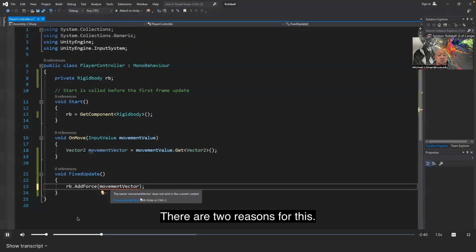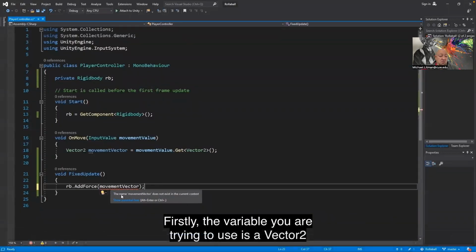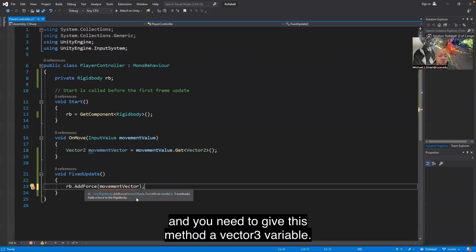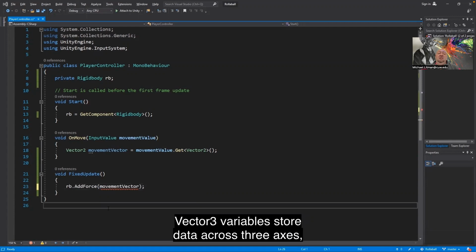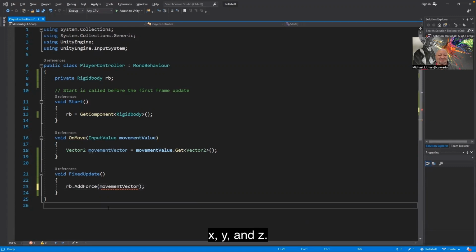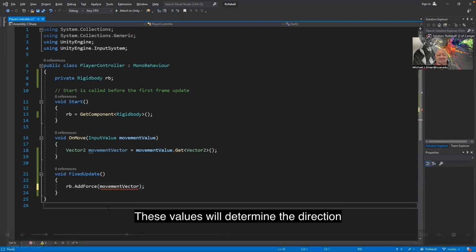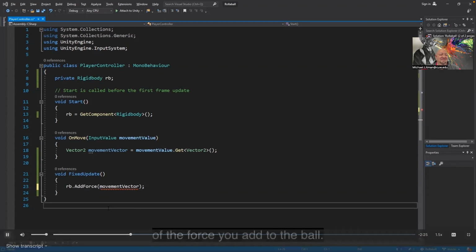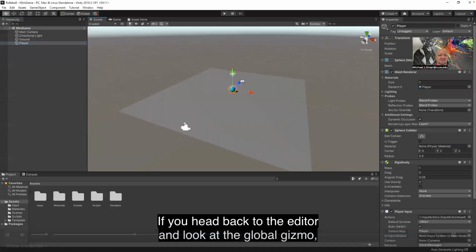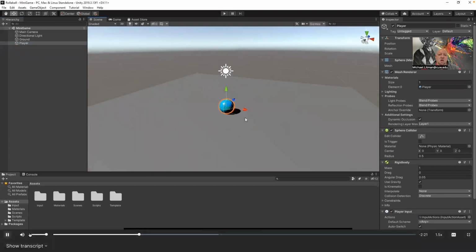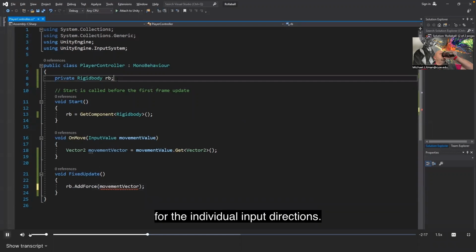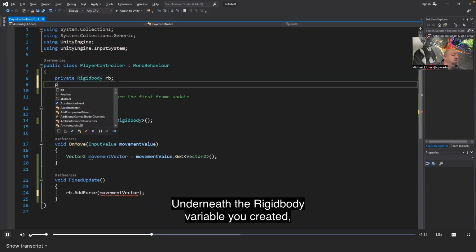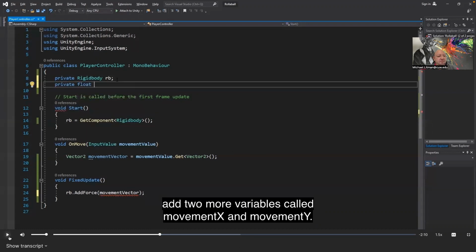There are 2 reasons for this. Firstly, the variable you are trying to use is a Vector2, and you need to give this method a Vector3 variable. Vector3 variables store data across 3 axes: x, y, and z. These values will determine the direction of the force you add to the ball. If you head back to the editor and look at the global gizmo, you can see the arrows also indicate this. To resolve this issue, you need to create 2 new variables for the individual input directions. Underneath the Rigidbody variable you created, add 2 more variables called